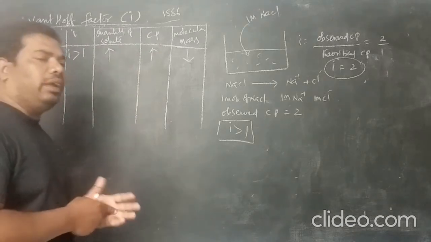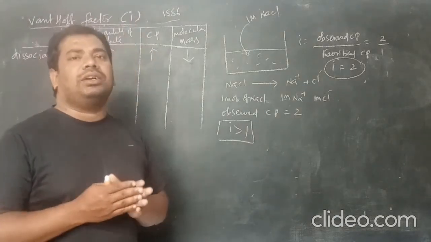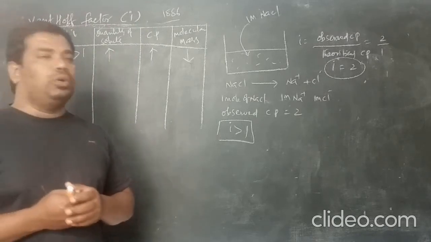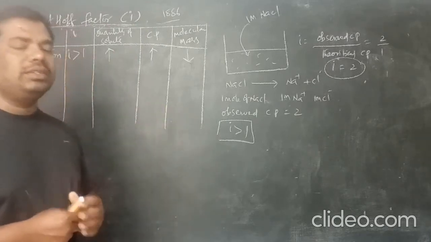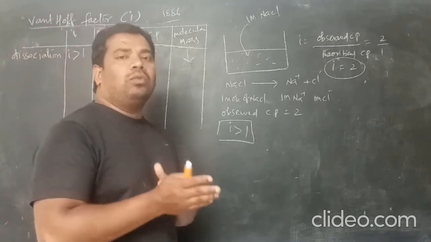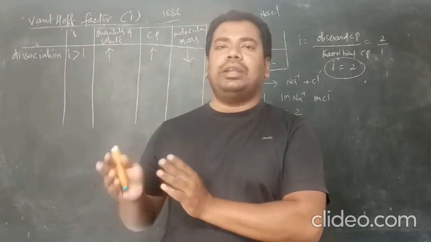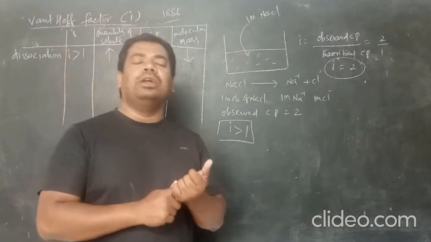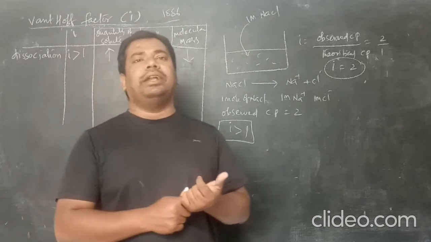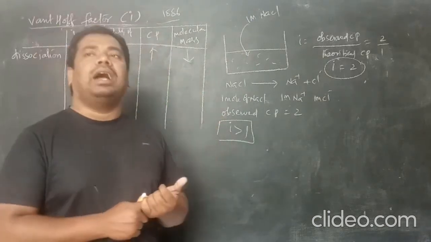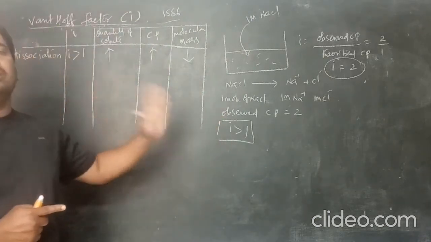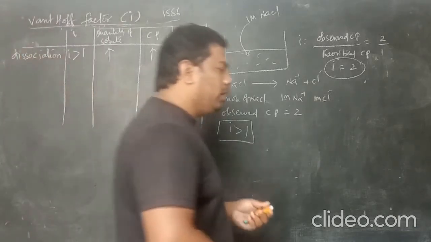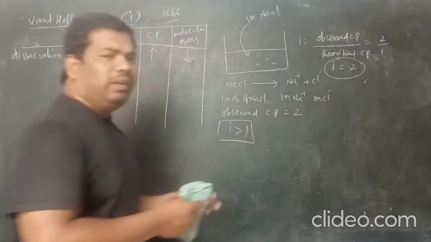When we take a non-electrolyte, non-volatile solute, the i value becomes 1, because the non-volatile solute can neither dissociate nor associate. So therefore the i value cannot change, and the theoretical and observed colligative properties are the same. In that case the i value is equal to 1. But here the theoretical and observed colligative properties are not the same. Clear? So we will derive